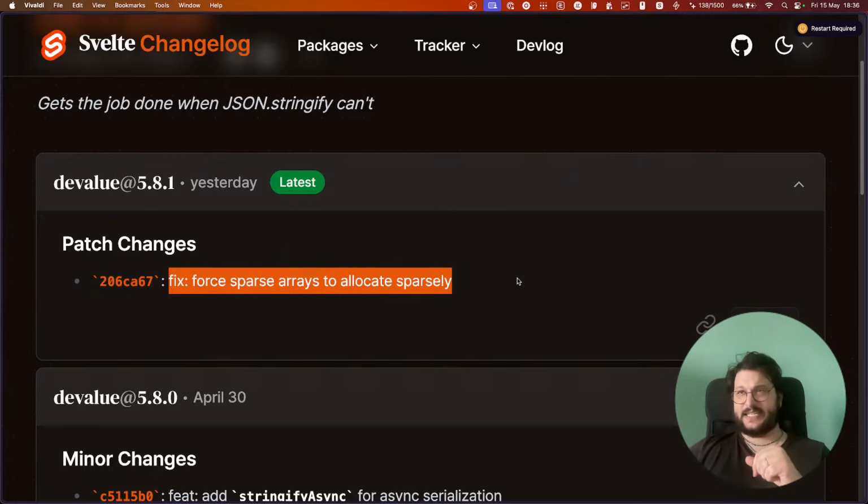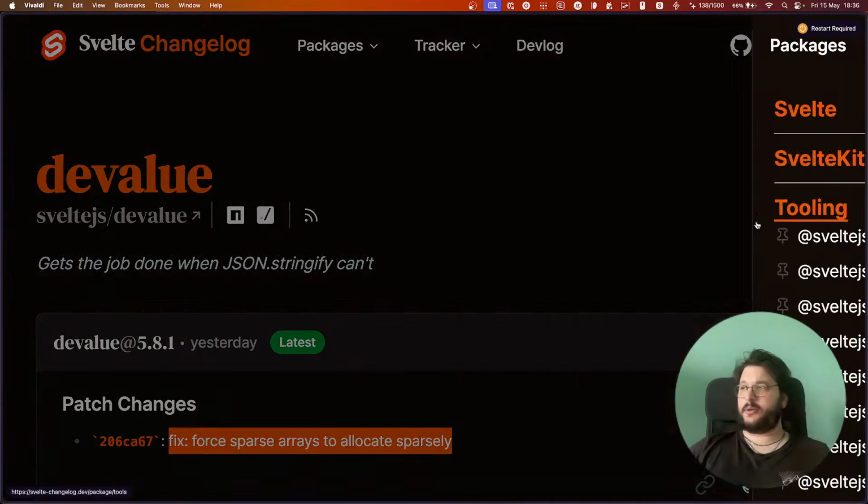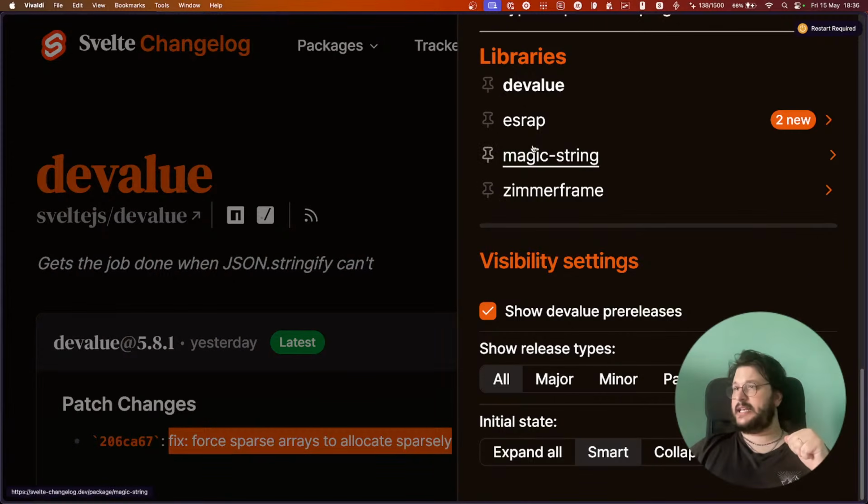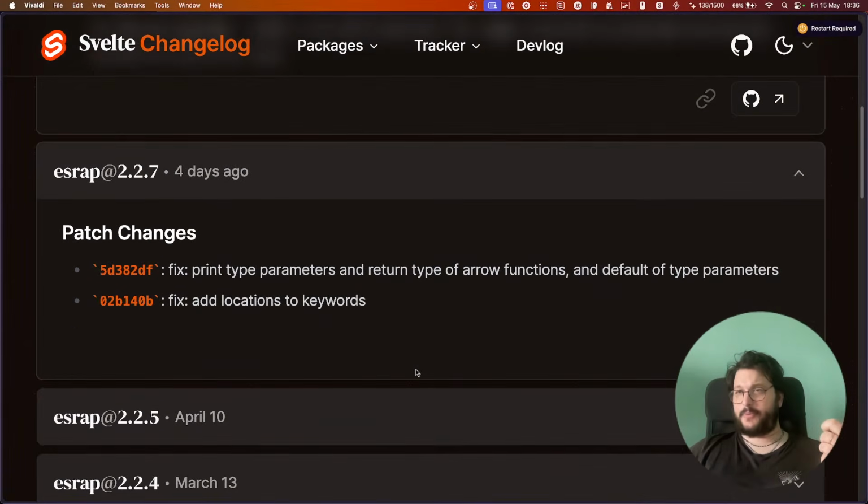I think this is the actual security vulnerability, so even if you are using devalue in some of your project, please update. And then we have 2 new esrap fixes, which is add location to keywords, print type parameters